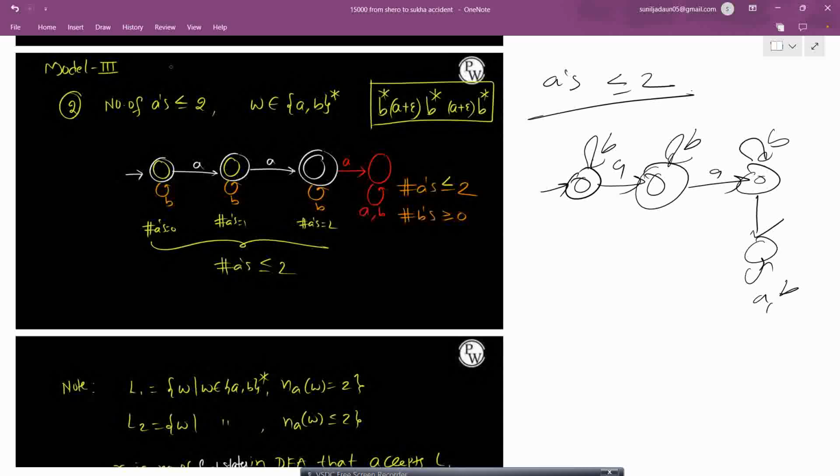Yes, this is the right implementation, I think. Yes, as you can see that